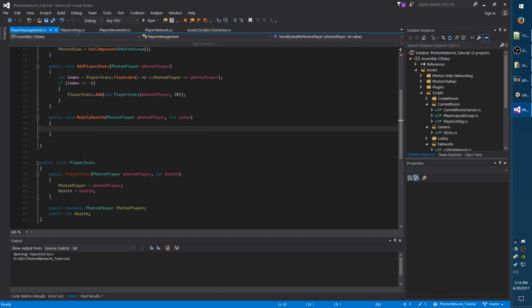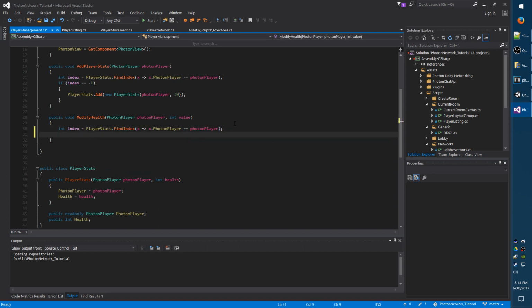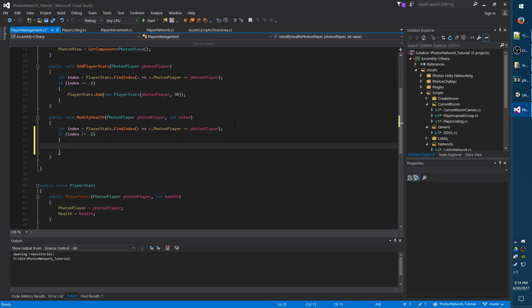So now that we have something to call the ModifyHealth, we need to populate it. So go back to PlayerManagement and jump inside your ModifyHealth method. And the first thing we need to do is find the player stats that we're going to be modifying. So we're going to do int index equals playerStats.FindIndex, just like before. x => x.photonPlayer == photonPlayer, just like the line we have up above. And also like above, we're going to do if index does not equal -1, meaning if it was found, we're going to do PlayerStats